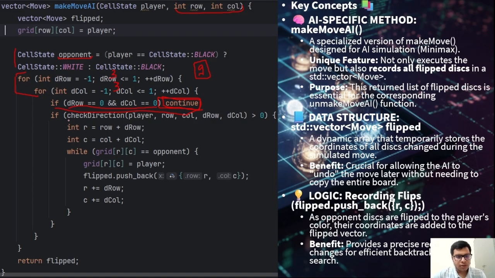Okay. So we first employ the check direction function. We have our drow and dcall, and we check if there are any disks which can be flipped in the direction which we have right now. If this is more than 0, if the move is valid in this direction, then r would be equal to row plus drow, and c, okay, you can see why this was done,